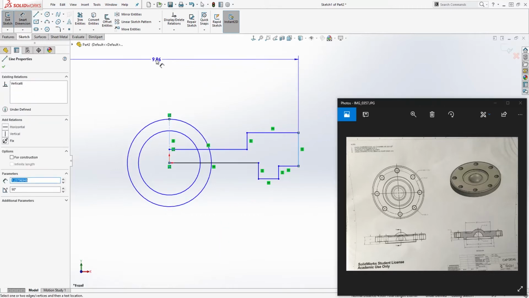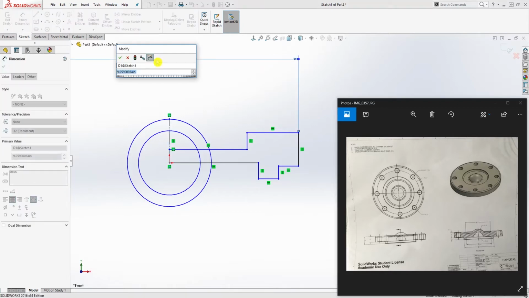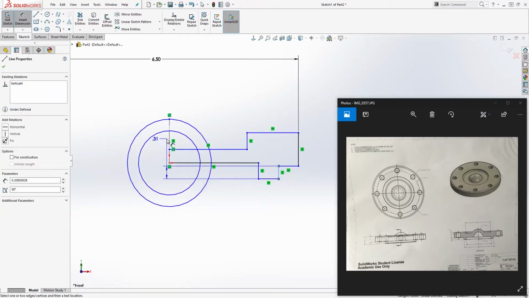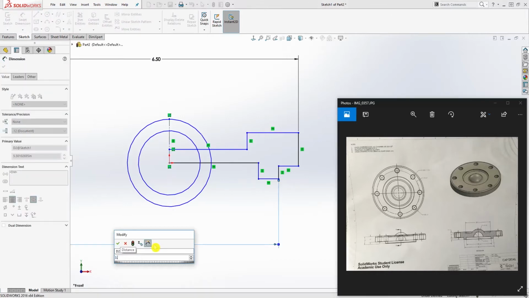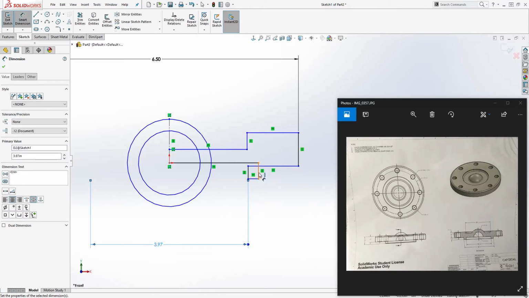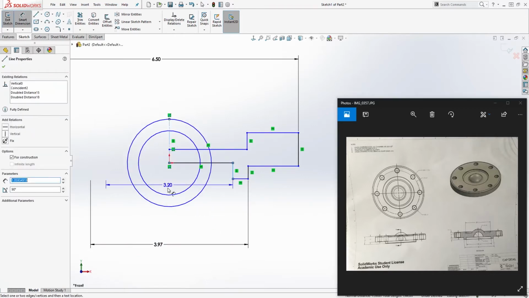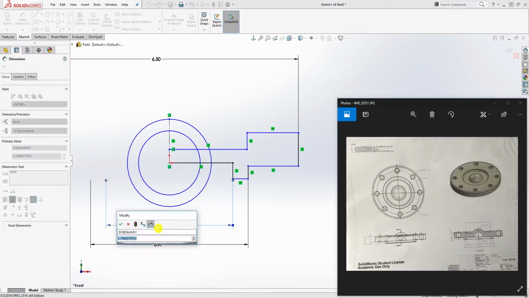From here to the end of the cap is 6.5, and from here to the end of the cap is 3.97, and I'm just going to move this line over here. I'm just going to drag that. From here to the center line is 3.35,